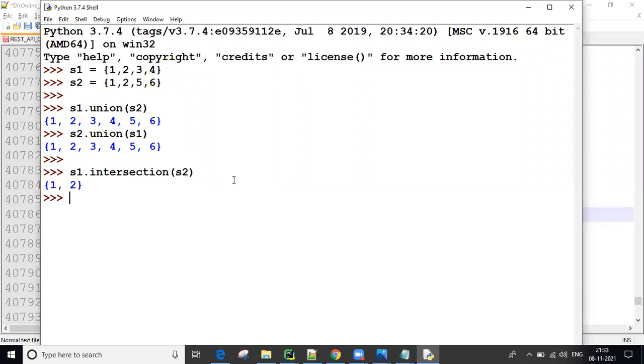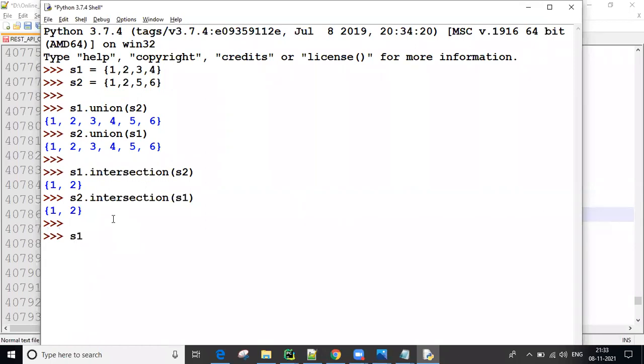Intersection means it gives common or matching values. If you take the reverse, S2 and S1, the same output will come. Union gives all unique numbers. Intersection gives only duplicate or common values. What are the common values here? 1, 2 are common, guys. Are you all clear?